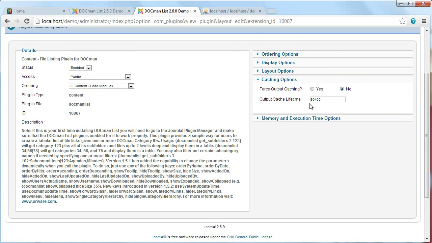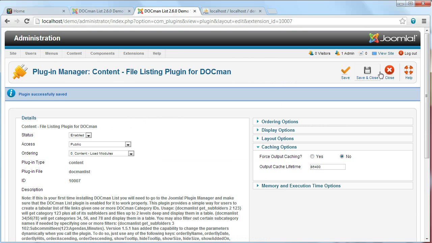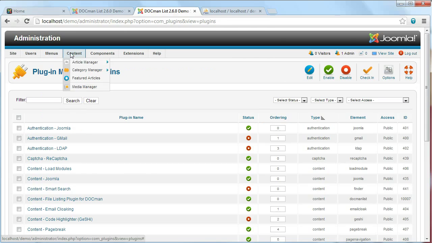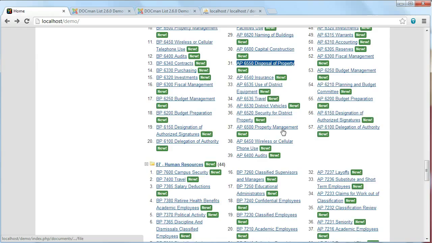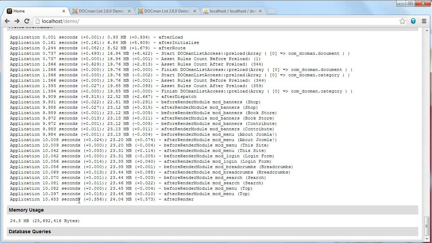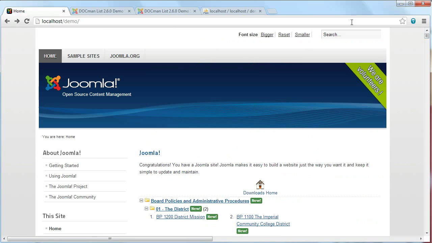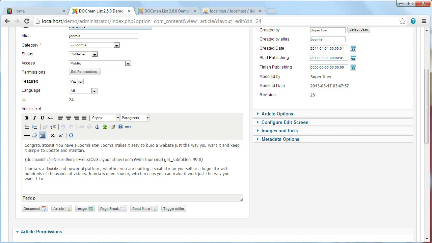The other thing, we have the output caching. On some of my sites I use it just because it does help performance-wise if you are outputting a ton of data. So let's say I'm going to turn force caching on. Right now, we are using 24.5 megabytes. It's taking about 10 seconds to render because of all those extra queries that are occurring. And then we have all this stuff going on, right? So if we turn force caching on,